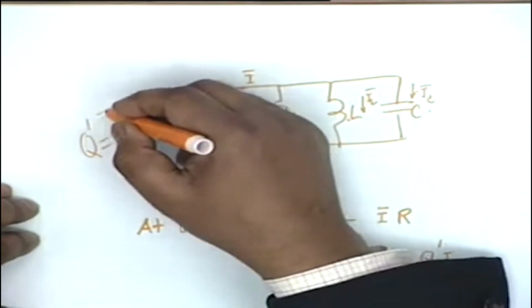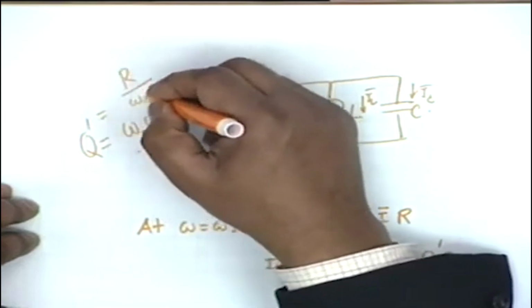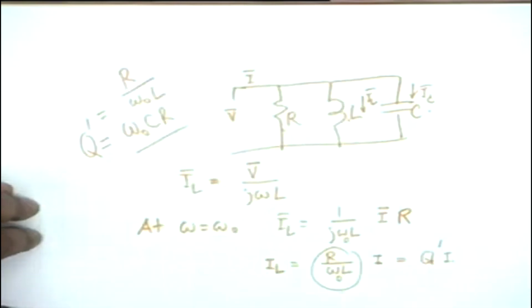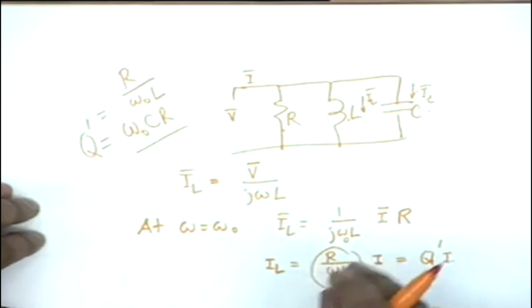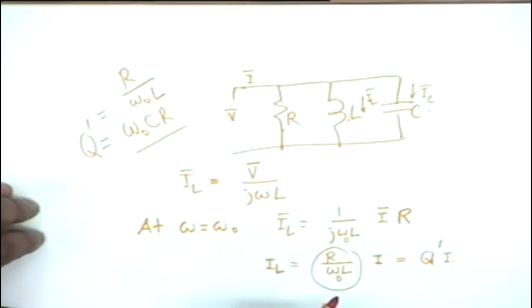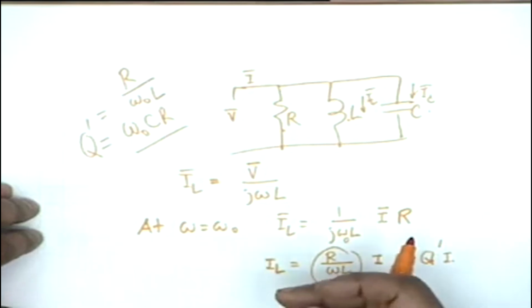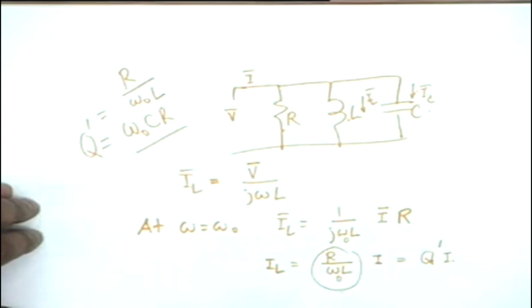These are the same, as you can easily see, R by omega 0 L. The point that I am mentioning to you is that the definition of Q in the two cases is quite different. In the series case it is reactance divided by resistance, in the parallel case it is resistance divided by reactance,